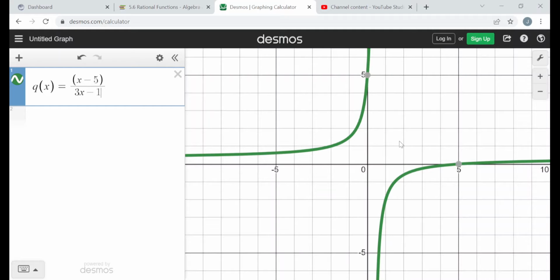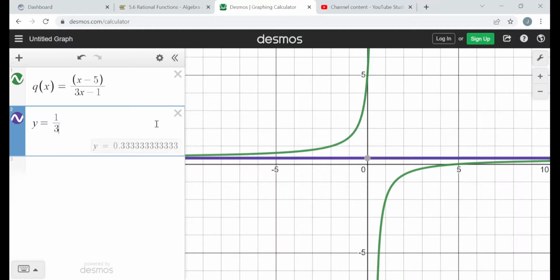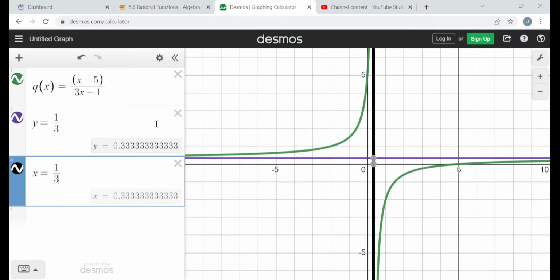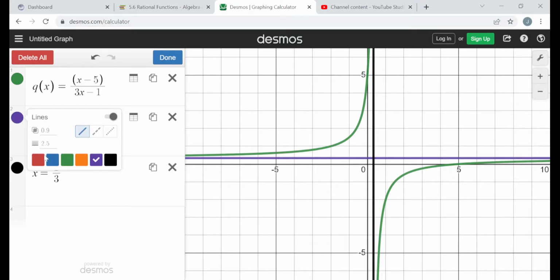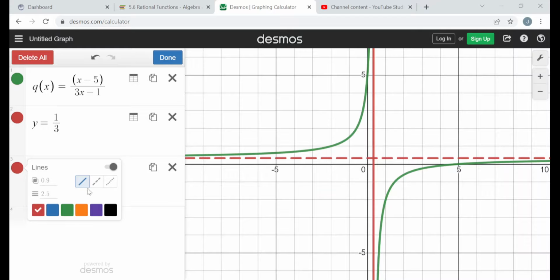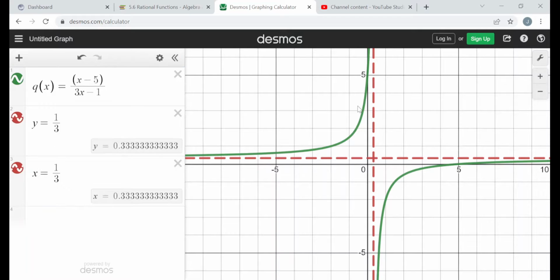And you see there's the x-intercept 5, 0. See how the graph is crossing over because of that whole multiplicity of 1. Right? Here's the y-intercept 0, 5. And I can put up the asymptotes, y equals 1/3, x equals 1/3. Make them both the same color and maybe dash them in. Maybe I'll make them red and dashed. And you can see it looks exactly like my drawing. It's obviously better because it's a computer, but